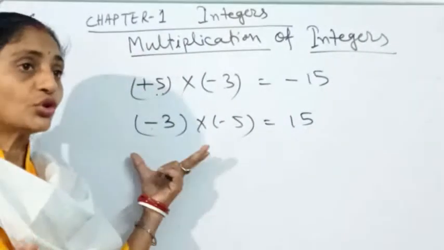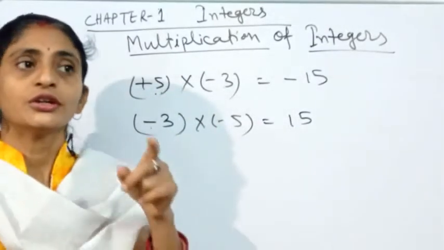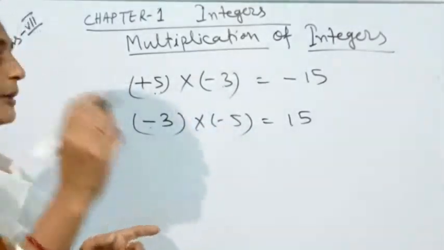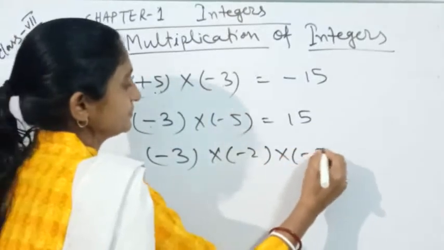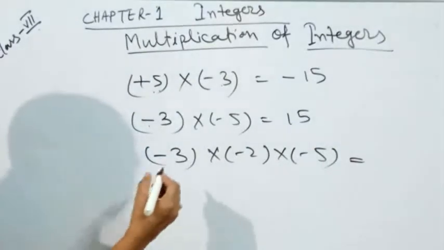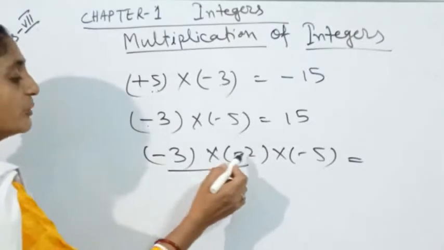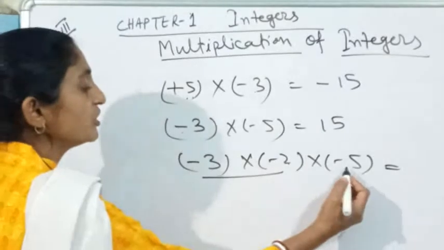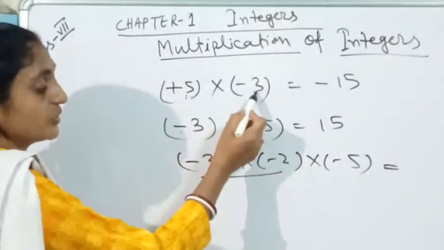Okay. So as we are discussing two negative integers, if there are three or more negative integers, what will happen? What will happen in the case of three negative integers? I am taking three negative integers. What will be the product in this case? See, when we multiply the first two, it will become positive. That means minus 3 into minus 2 stands for 6. Now when I am multiplying that 6 with minus 5, again what will happen? We are getting one positive and another one negative.